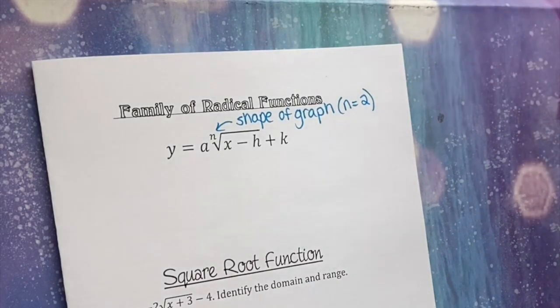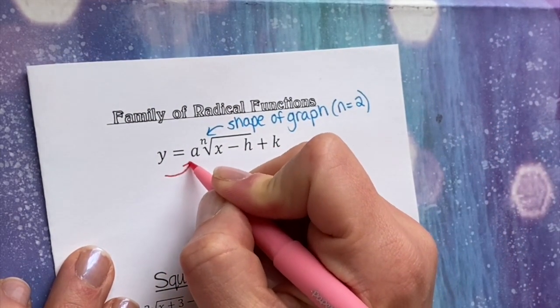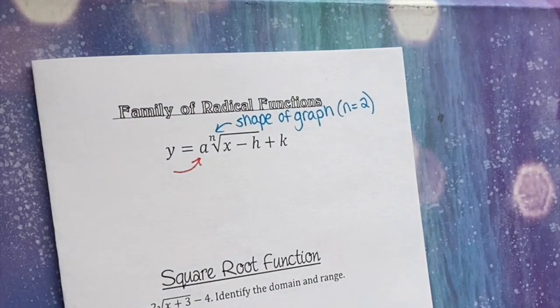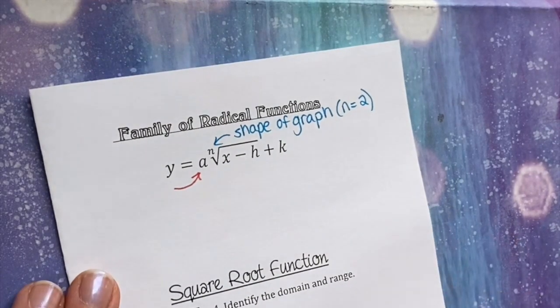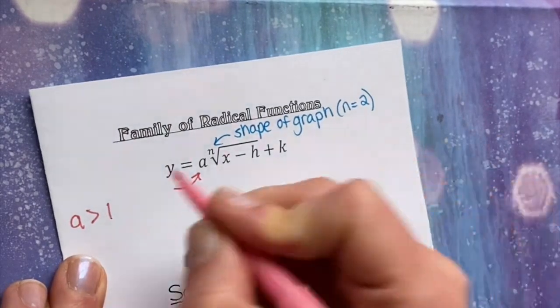So that brings us to our A value. A tells us the same exact thing as it did with quadratics and all the other functions that we've talked about. So if A is greater than 1,